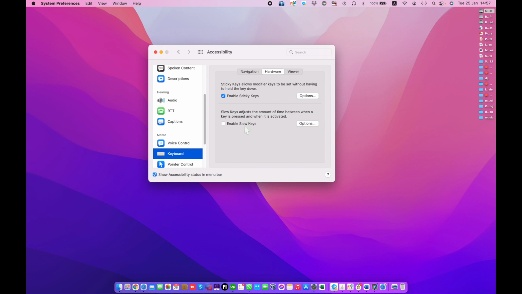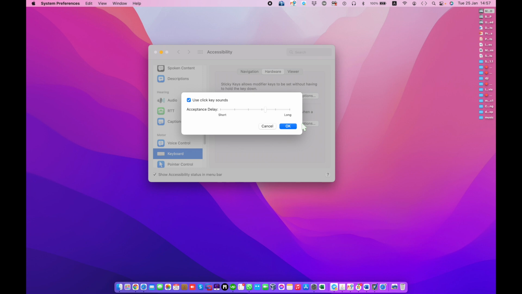Here is enable slow keys. Adjust the time between when you press a key and when it's activated. To customize slow keys options, here you can set the delay of the pressed key. For example, if I use long, the key sound will be long. When I press short,